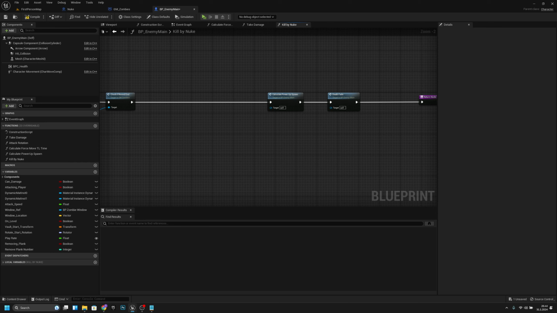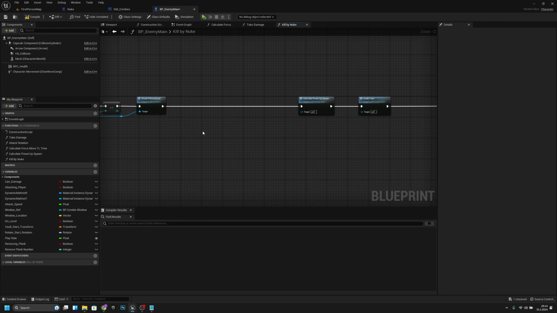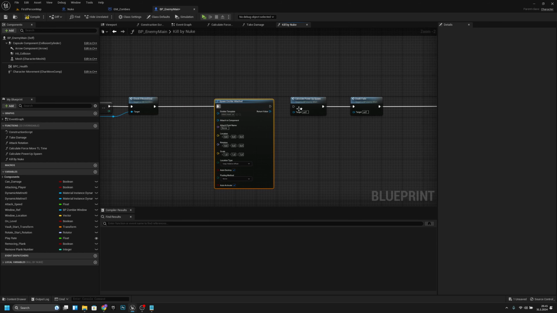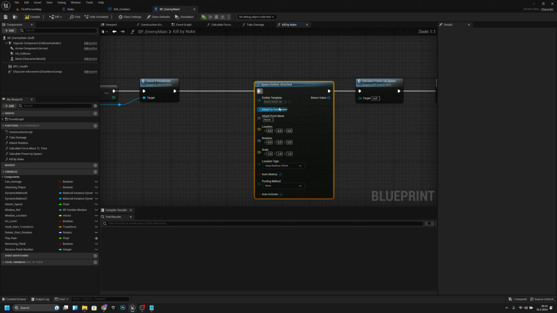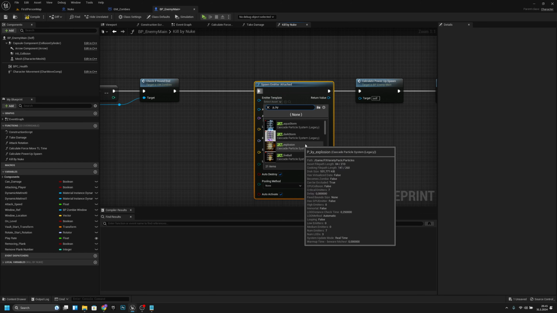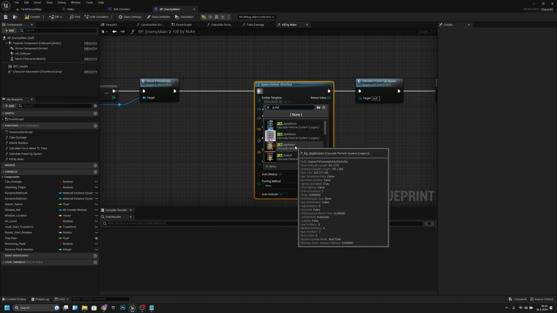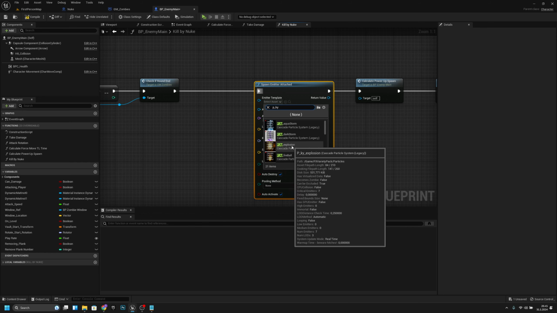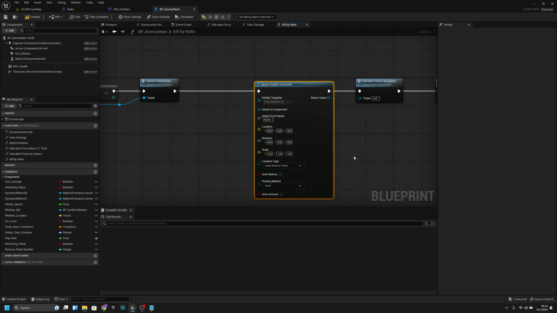What we want to do here now is spawn emitter attached, like that. And now we want to connect this to here. There. And now the emitter template should be p_ky explosion. This is from the FX variety pack that we installed on the last episode or one episode before that. Okay, you should have this, or if you don't, you can use whatever explosion